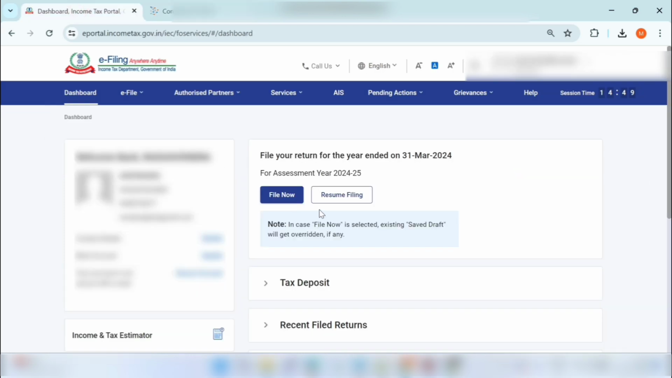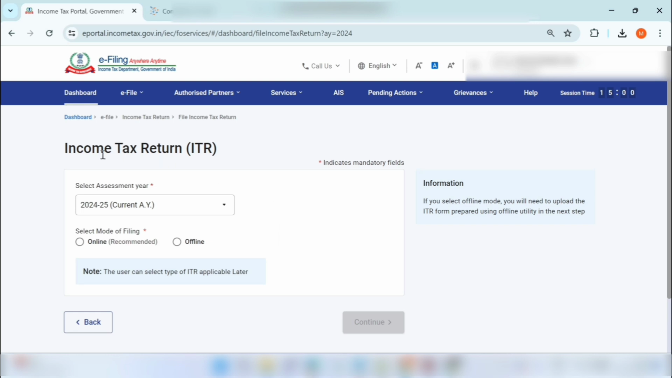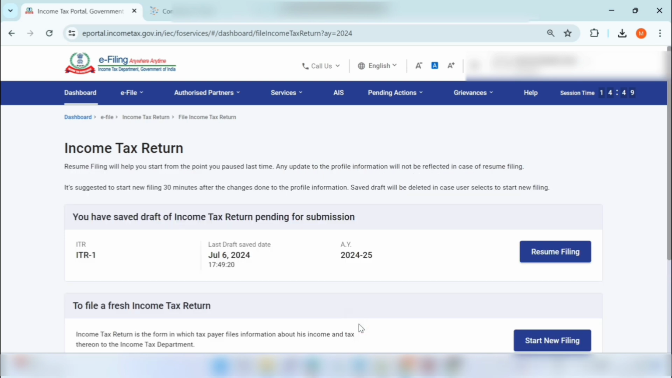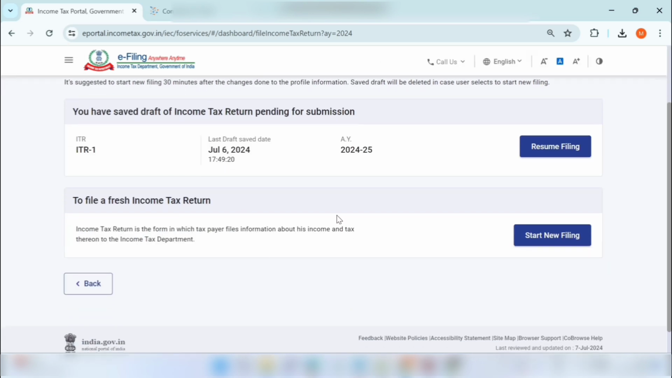Yeah. So you can click on the File Now option, which is the first step. So, Income Tax Return for the assessment year, that is the current assessment year 2024-25. So select the mode of filing as online and click on Continue. So to file a fresh income tax return, you need to click on Start New Filing,